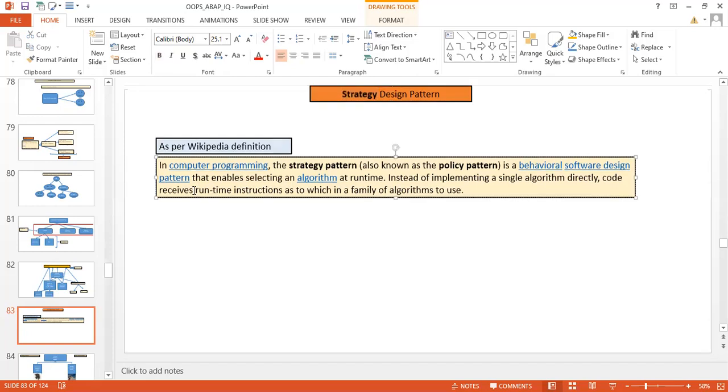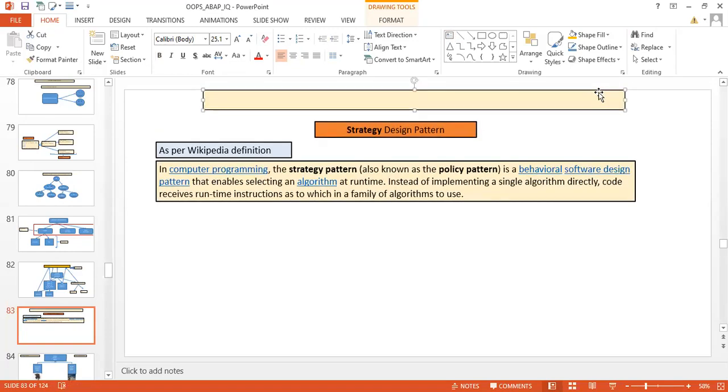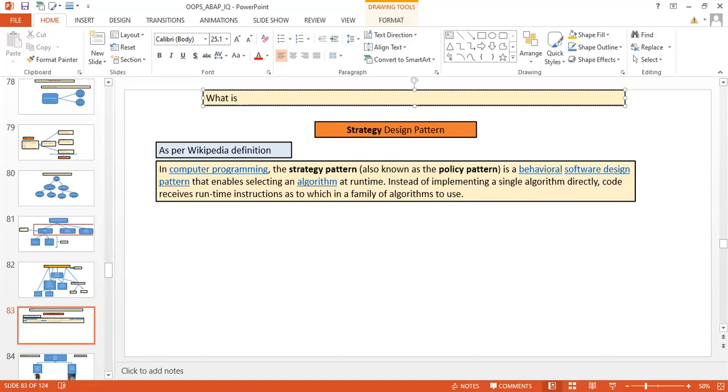Let's first see the Wikipedia definition of the strategy design pattern, and then we will go ahead. So the question in the interview, I'm going to write it over here. Very rarely asked question, but we are just understanding the basics. Okay, you don't have to focus on this question, focus on those questions only where I have marked VVI. So if you have just 2 hours or 3 hours to prepare for the interview, go through the VVI only, don't go through all this concept, this is just for our basic understanding.